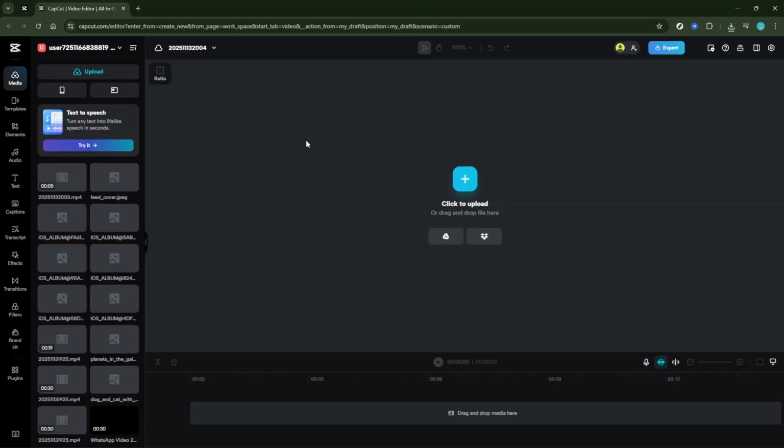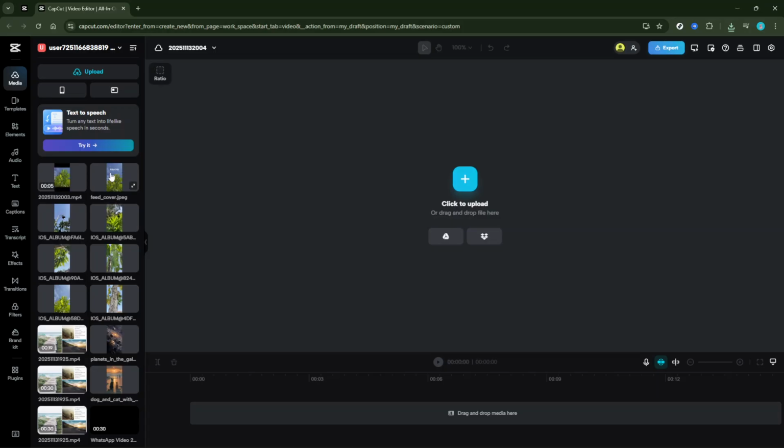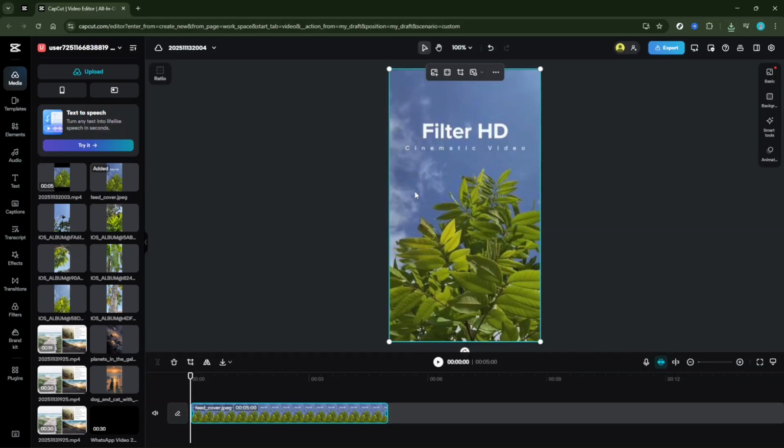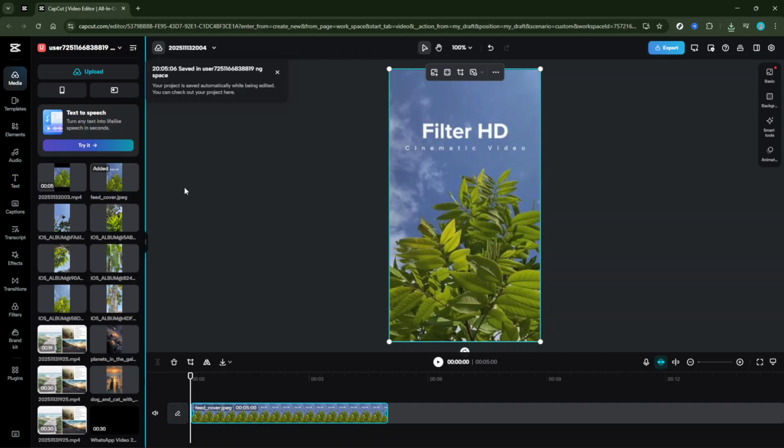Now, let's address the first scenario. If the text in your video is an editable layer that's been added inside CapCut. Maybe you or someone else added a title or caption, and now it's not needed. To remove it, all you have to do is locate the text layer in the timeline. It should be visually distinguishable from your main video track. Once you've found it, click on the text layer to select it. With the text layer selected, simply press the Delete key on your keyboard, or click the trash icon in CapCut. This action will remove the text from your video without any hassle.